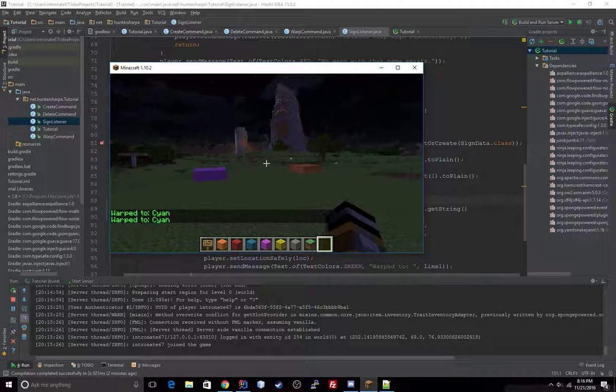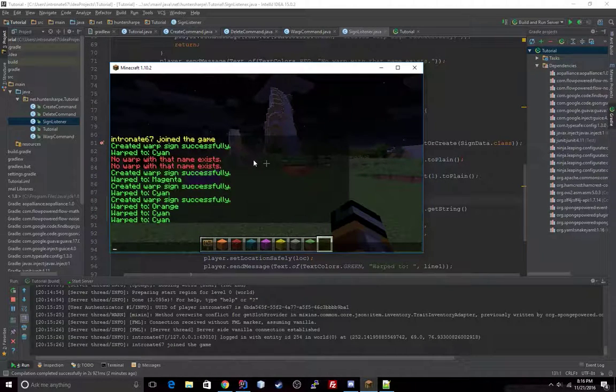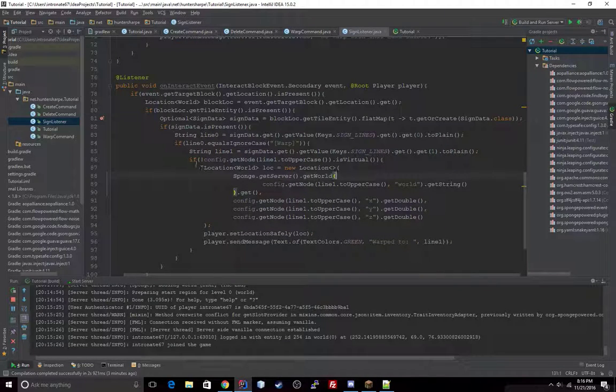So I hope you guys can benefit from this. It really is more than just the idea of a warp plugin, but you can apply all the principles that you've learned with this to many other things. Like, you don't have to make it just a cyan warp plugin. You can change what happens right here to make it run commands. And let's say you want it to be a command sign. Check if this is command, and set the command in a list, or set the command in the map with the ID of the sign, and when they right click the sign, have it run a command. If you guys like to see that,